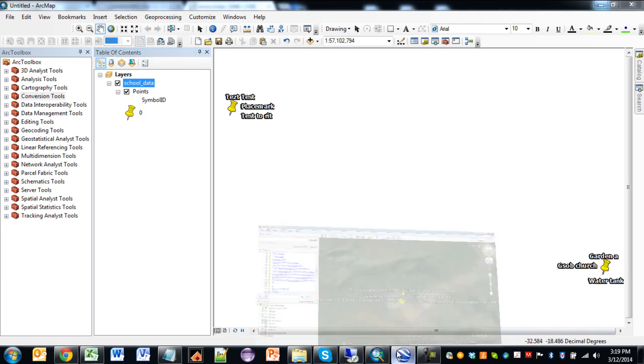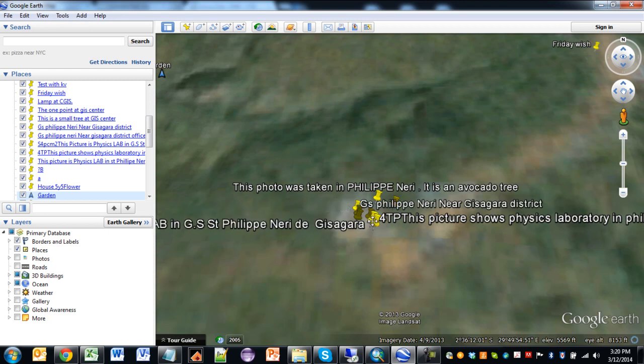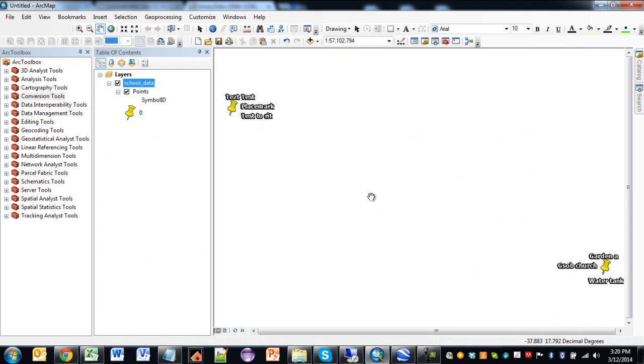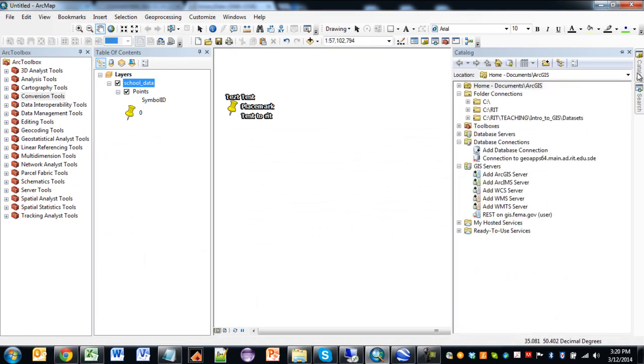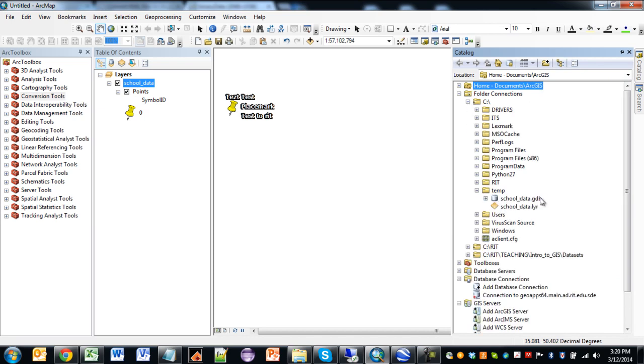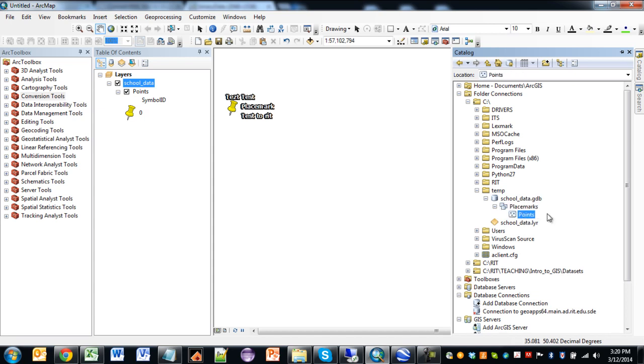So that is something that you could have changed back in Google Earth if you had modified these points and saved them, or you can do that in ArcMap. It doesn't matter. Okay? To learn more about what happened too, if I go to Arc Catalog and I look at my C temp directory, you can see there's the file geodatabase that was created from the KML, and it'll create a feature data set and then the feature class called points. Okay? And then there's the layer file associated with it,